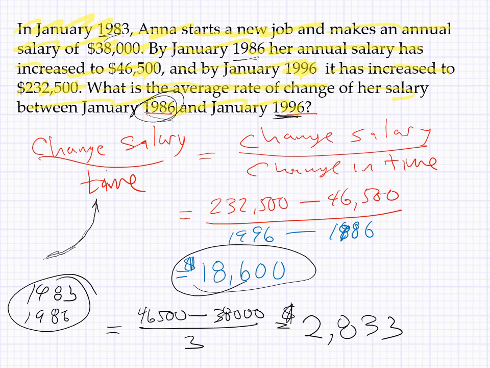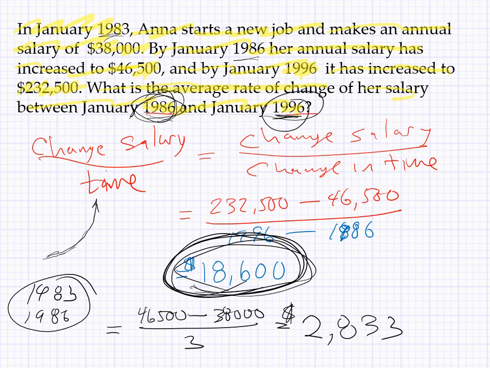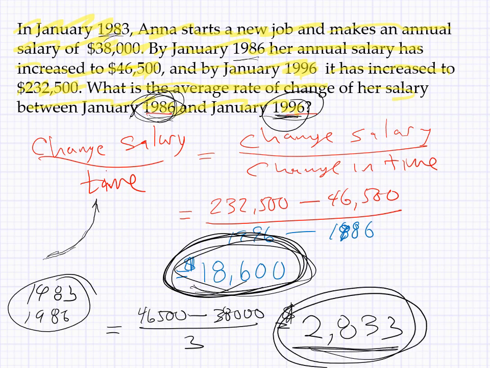We just went through a big inflationary period recently. Unfortunately, salaries in some sectors did not necessarily increase at the same rate. That's a whole other subject. But this is where you can see how average rate of change can be used. On average, her salary was increasing in the span from 1986 to 1996 at a rate of $18,600, whereas in the first 3 years of her career, it only increased at a far lower rate. Okay, so we can use